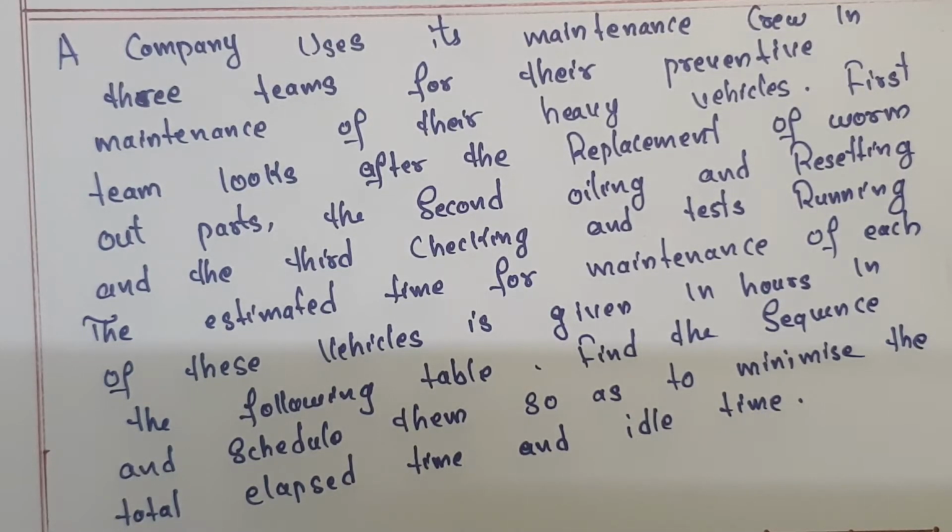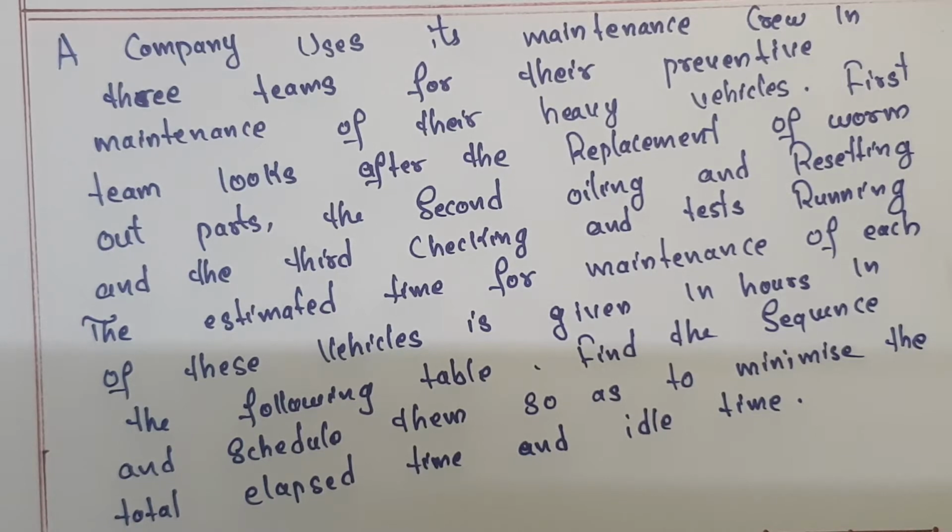Hi everyone, next one is the sequencing problem. Previously we dealt with the sequencing problem in the last video, when two machines are given and how to solve that. Now in this one, three machines are given. So replacement item, resetting item and inspection item, or machine 1, machine 2, machine 3 will be given, or sometimes J1, J2, J3 will be given.